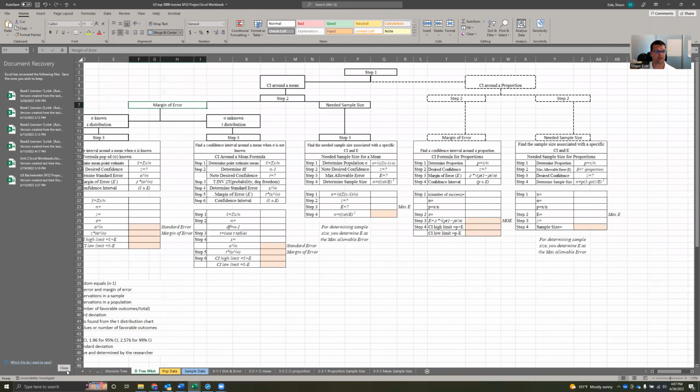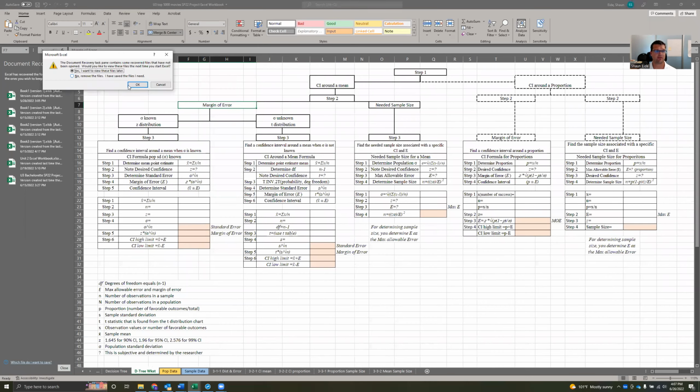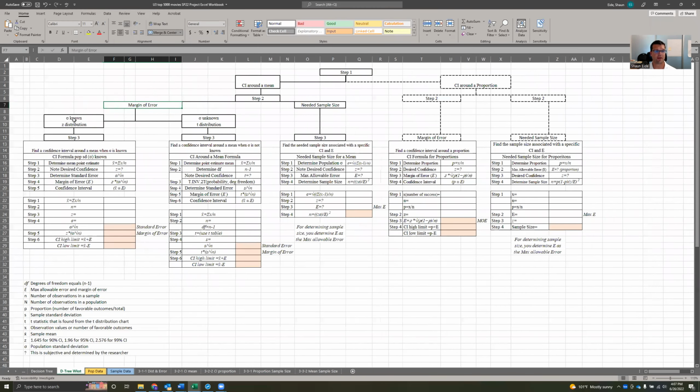Once you determine that you want to calculate the margin of error, you come over here and ask, do I know the population standard deviation or do I not? Based on what you know, if you know the population standard deviation, you can follow this. If you do not know the population standard deviation, you can follow this right over here. This resource is really straightforward. It's just there to help you walk through these steps. But the same thing here, it says sample size, desired level of confidence, and the population or sample